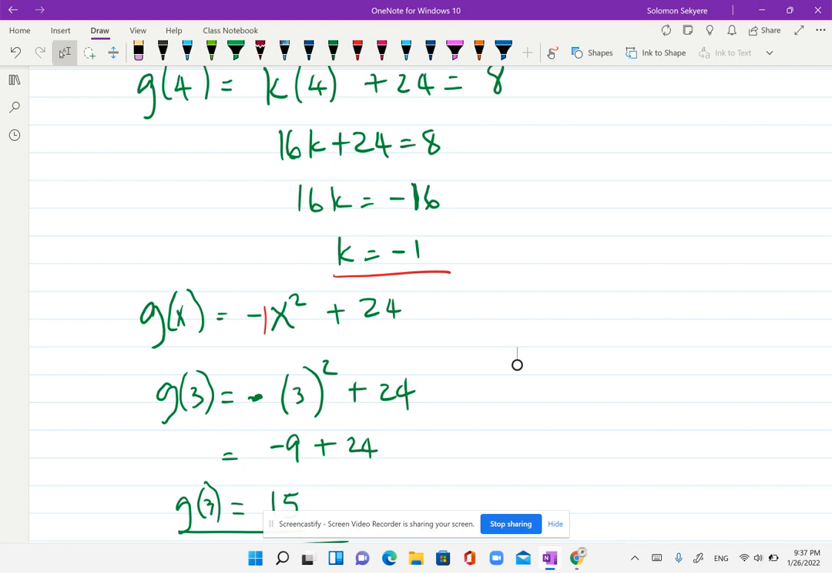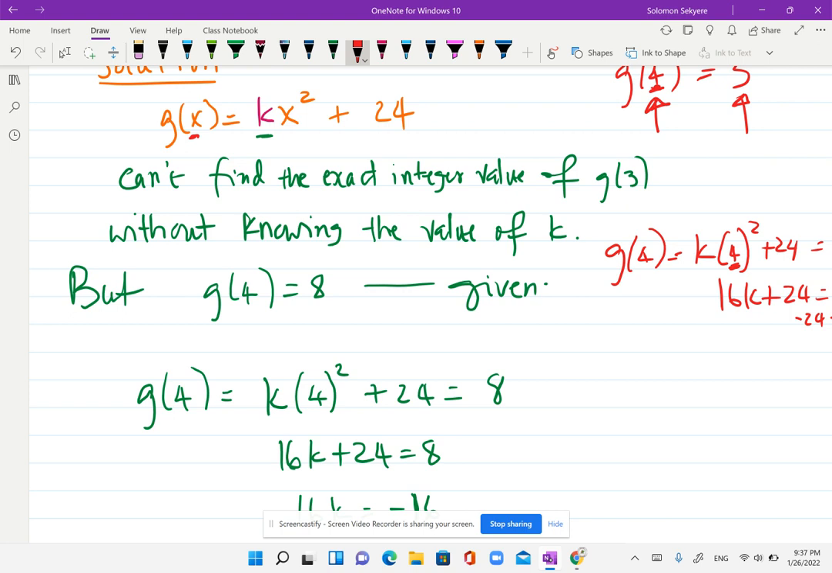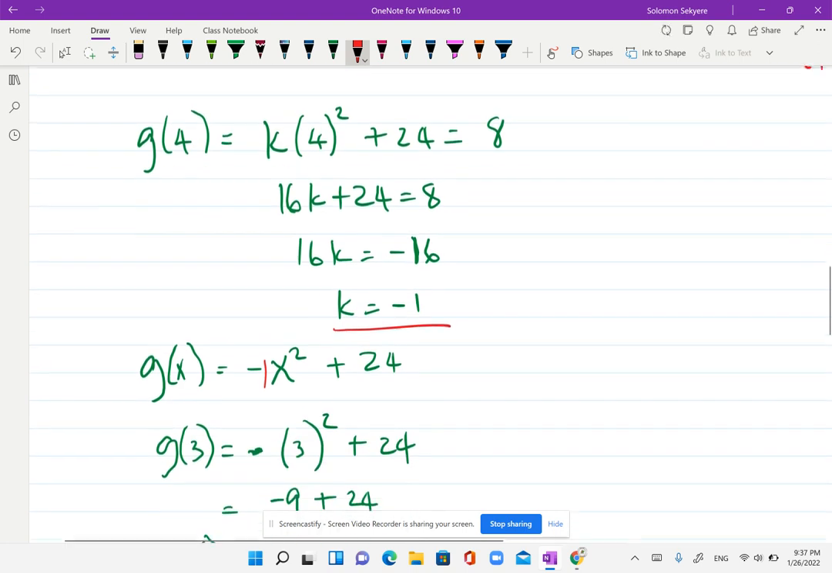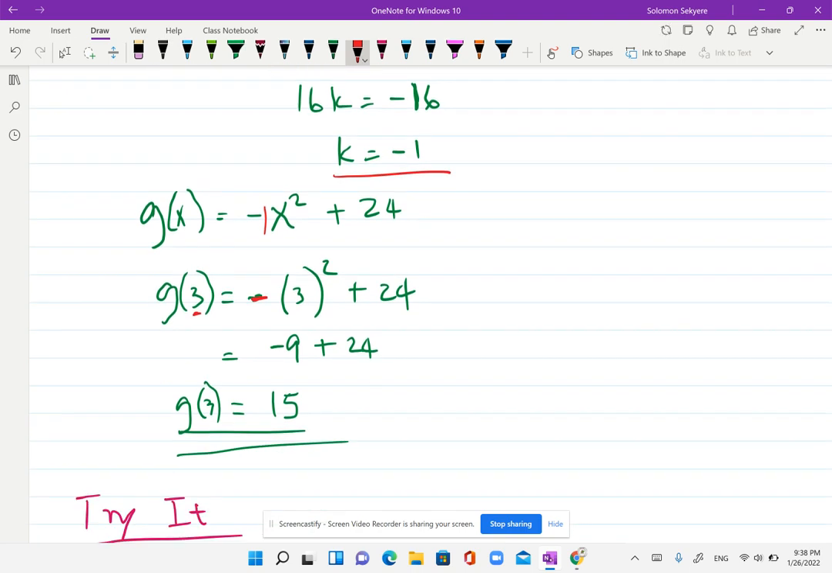Okay. All right. So now that we know what the k is, we can go ahead and find g of 3. We will never be able to find g of 3 when we don't know what this k value is. So we put up g of 3 now. G of 3 means wherever there is x, put the 3. So it's negative, and the negative is outside, 3 squared plus 24. We square 3, we get 9, and the negative is outside. It's negative 9 plus 24